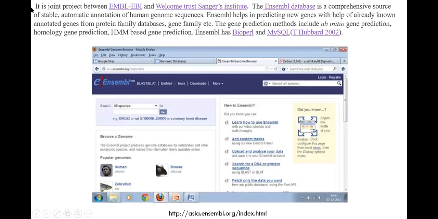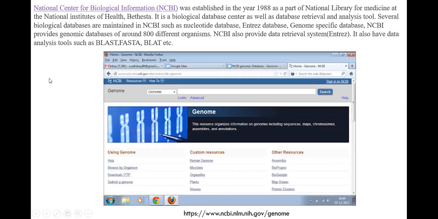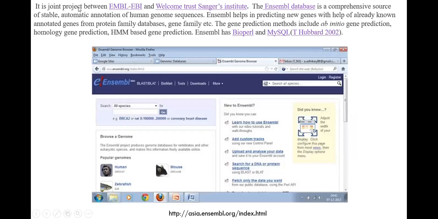So for example, here we are looking at Ensembl, one of the genome sequence databases. It is a database coming from an organization of the EMBL, EBI, and Wellcome Trust Sanger Institute in Europe.